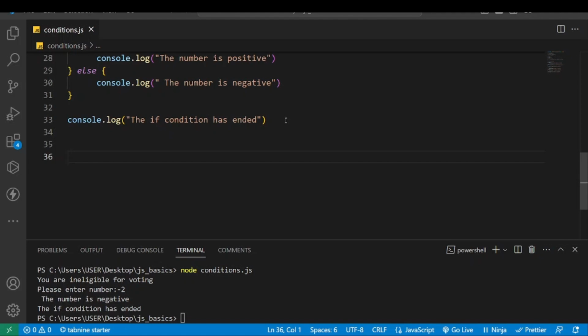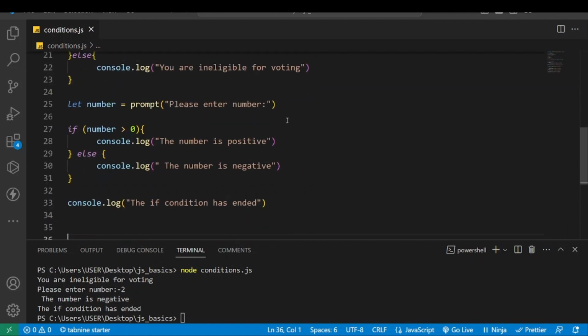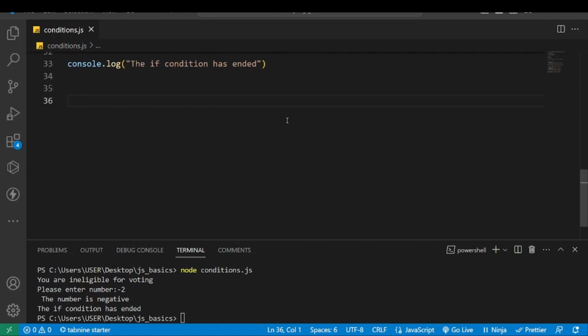Now the next one is the nested if else statement. So these are used inside if else. So you have the initial if else statement, but inside that we also have other if else statements. So that's why they are called nested if else statements. Okay, so let's say maybe you have